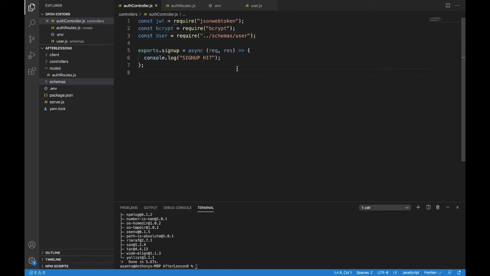Now in this video, we're going to define what a user is. And then after that, we can do things like pass the user a JSON web token and encrypt their password, everything like that. But we need to know what a user is in our database. What does a user's information look like? That goes in the schemas. We're going to use a Mongoose schema. So put a new file called